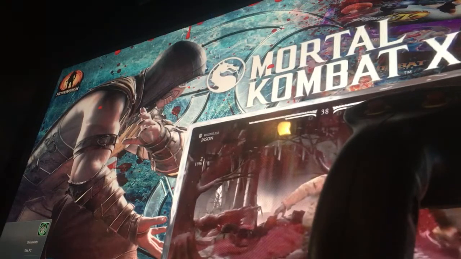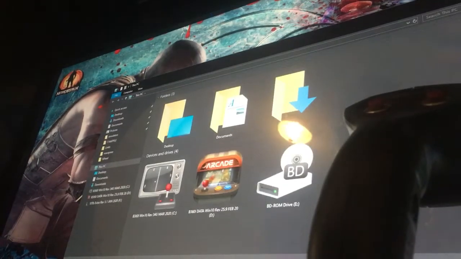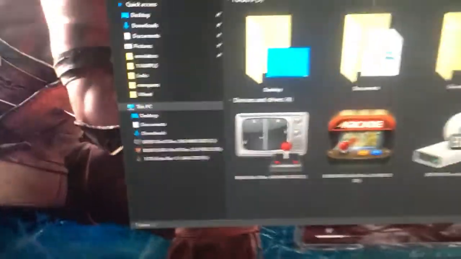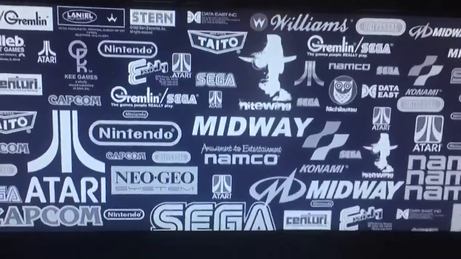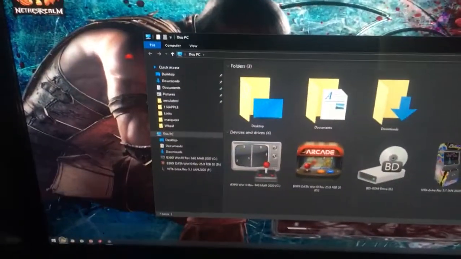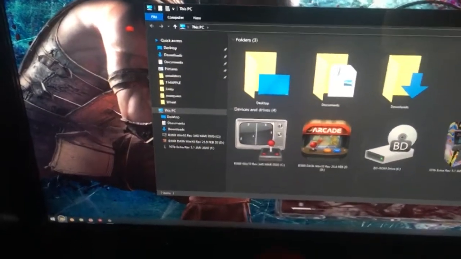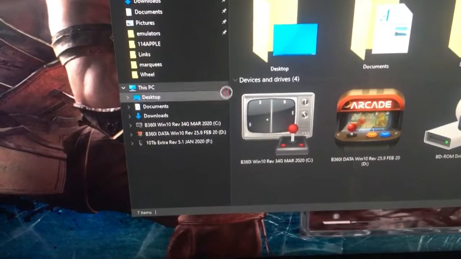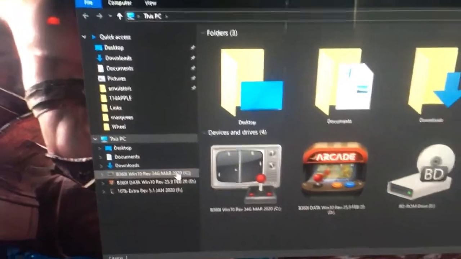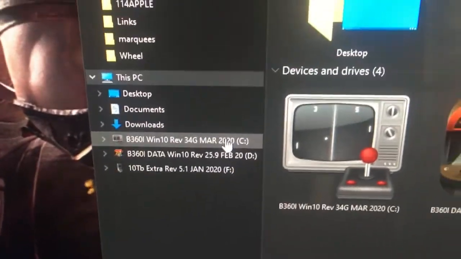You want to go back to your C drive. Now, so we have the marquee intro video. I guess the loading video, but then you want to work on your randomized videos. So right now we're in C drive,